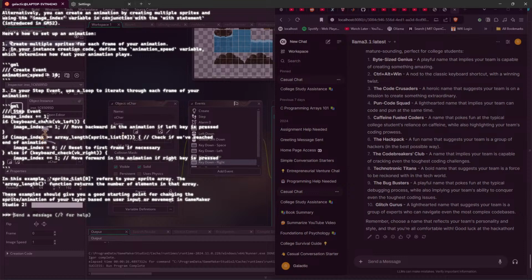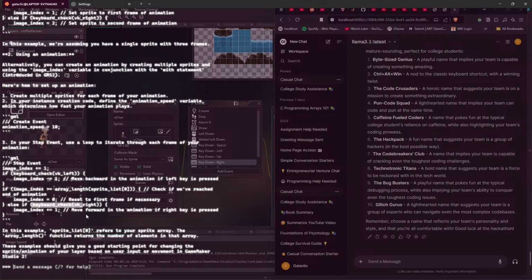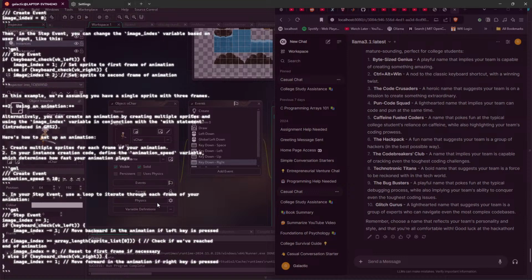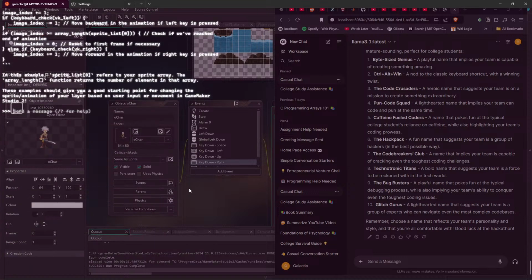Image index plus equal to 1 whenever this. Hmm. How do I change my